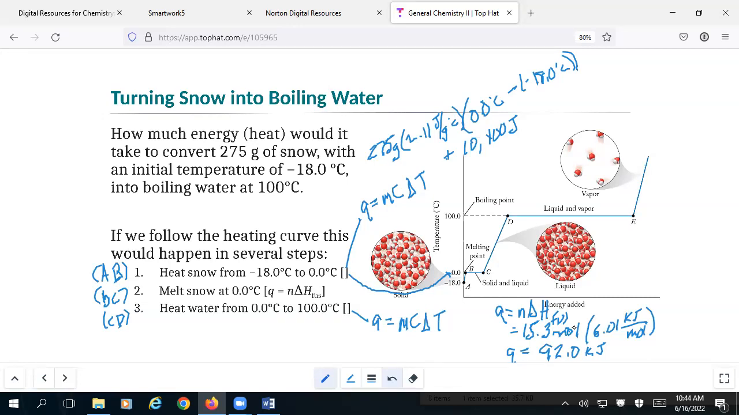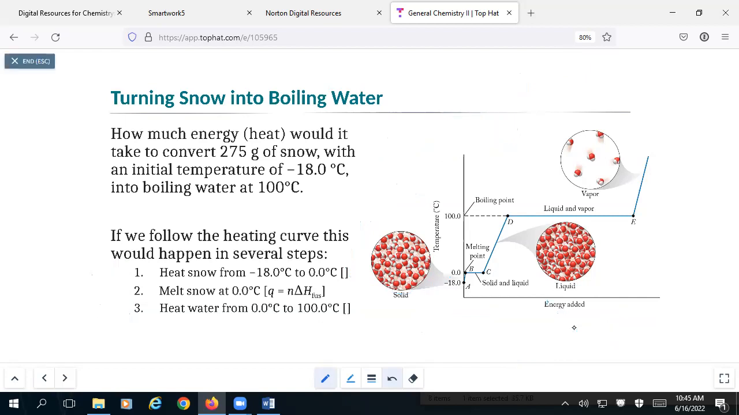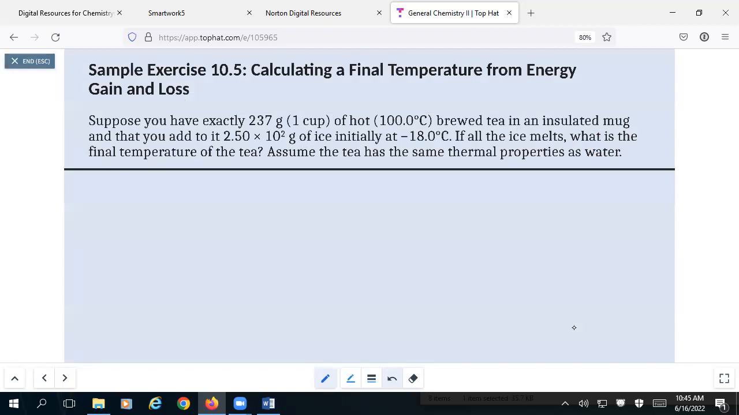So what we would end up doing is calculating all 3 segments and then adding them together to get the final total heat added. And that's more or less what we're being asked to do in this